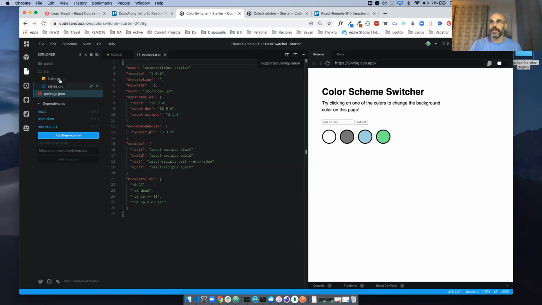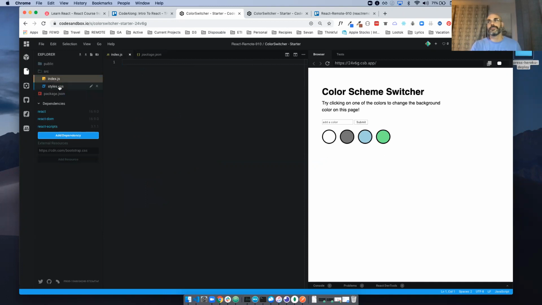So now that we've gone through the libraries, I'm going to go to the two main files here. This index file and this style file, right? The style file is just styles. The index file has nothing inside of it. So how do I get what I see on the screen? Where is that coming from?